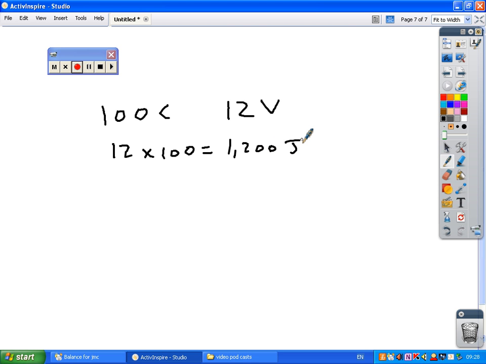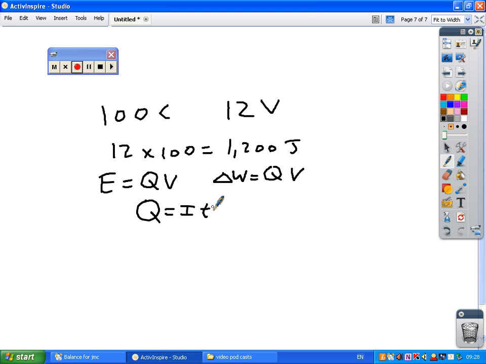Obviously, we must be able to write that as an equation. We can either write E for energy transferred is equal to QV. Sometimes you'll see it written as delta W, W meaning work, so the work done or the energy transferred is QV. It's also just worth seeing that from my first video podcast, the amp, we've got Q equals IT,